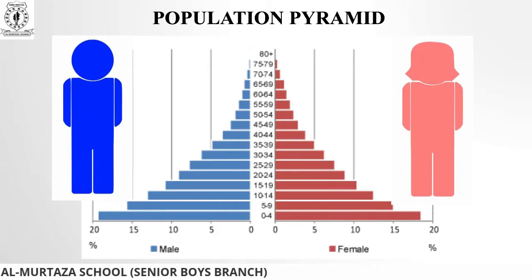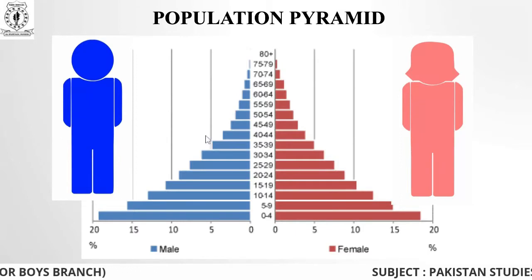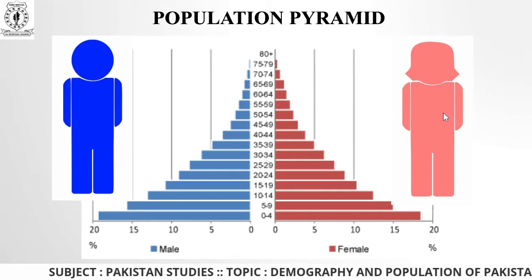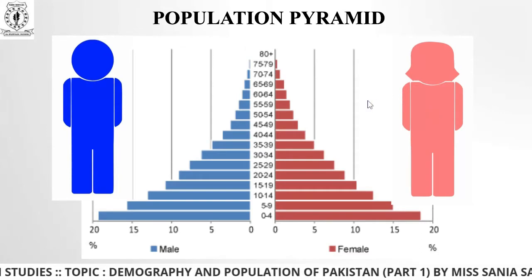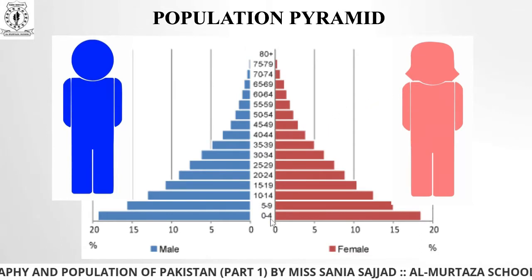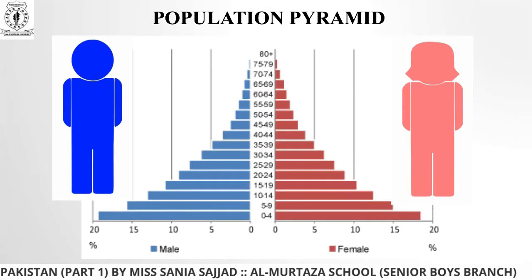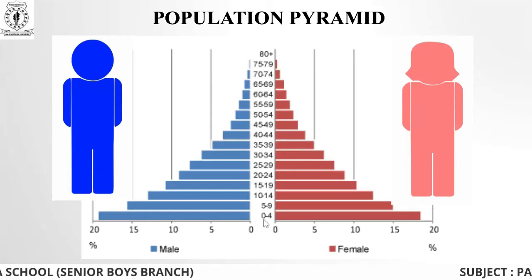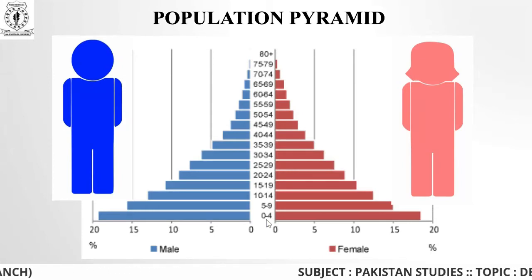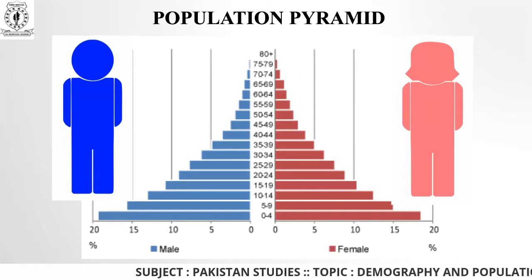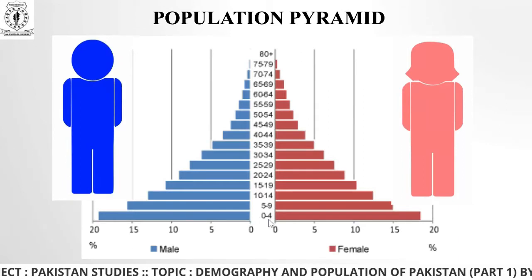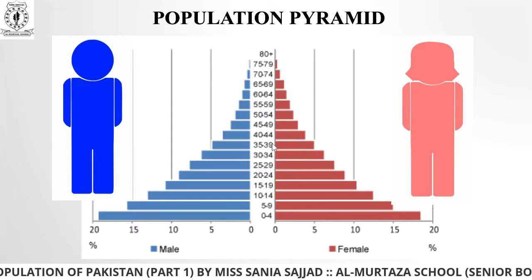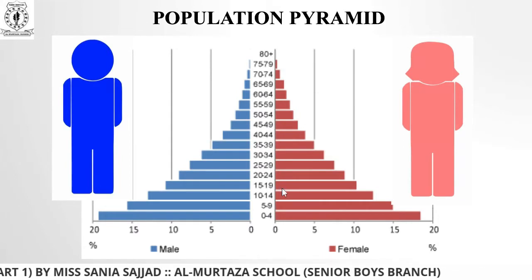Here the data is divided by gender. On one side you can see it is male, on the other side female, right? And then the class intervals start from 0 till 4. The major reason is that we are taking the record of 5 years, so there is a gap of 5 years in between, right? And then moving forward, the class intervals start from 0 till 4, and then go up to 80 plus. Okay, these intervals are grouped together into different stages.